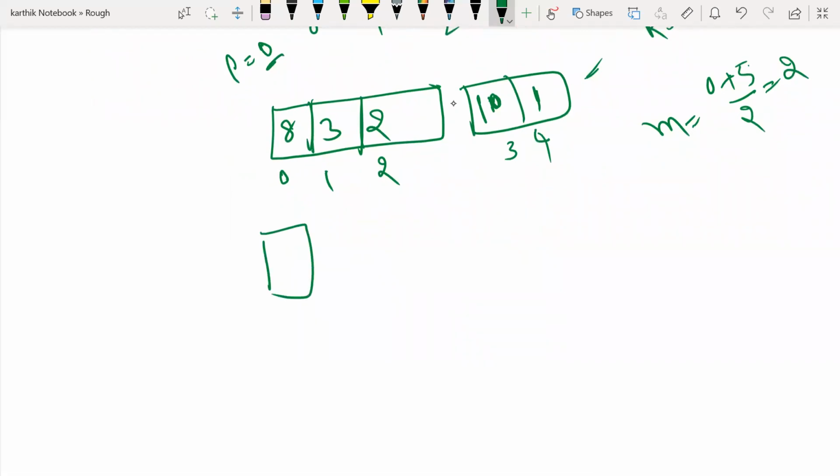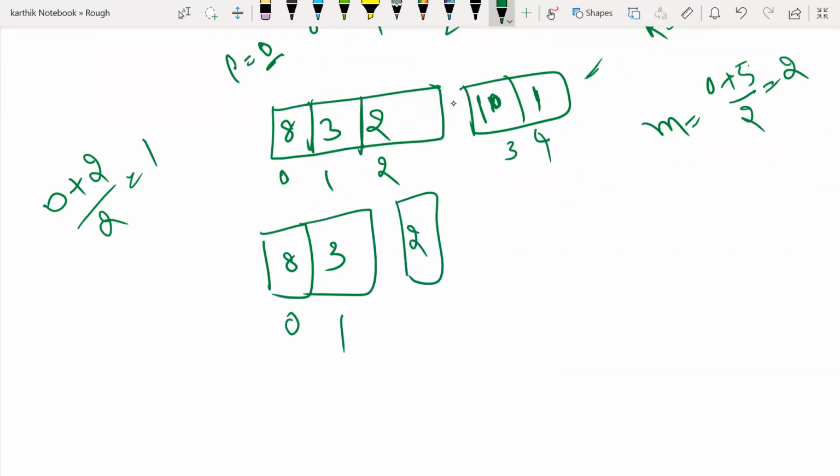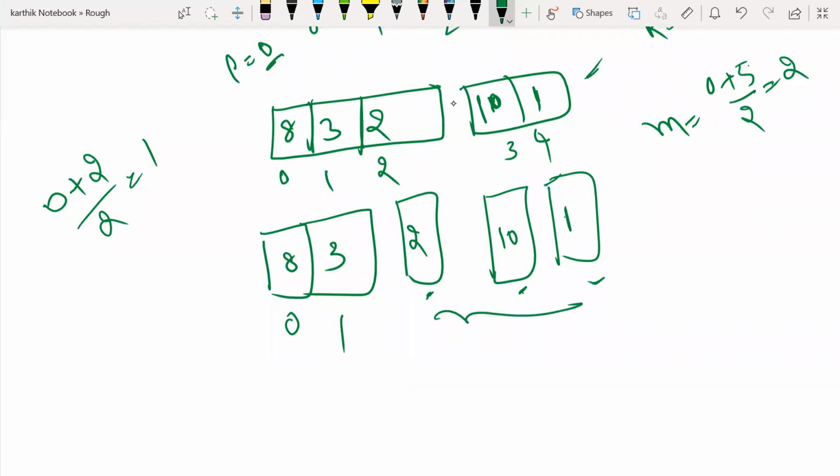Let me again do (0 plus 2) by 2, which is nothing but 1. That means indexes 0 to 1 is one array, 8, 3, and 2 is another array. Now 10 is one array, 1 is one array. Now in this array, how many elements are there? One element. In this array, one element. In this array, one element. Okay, I can say that these three are sorted, because